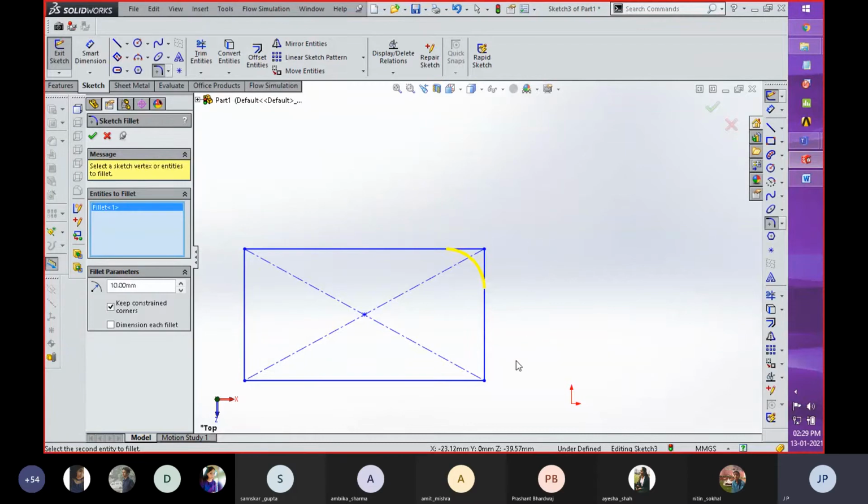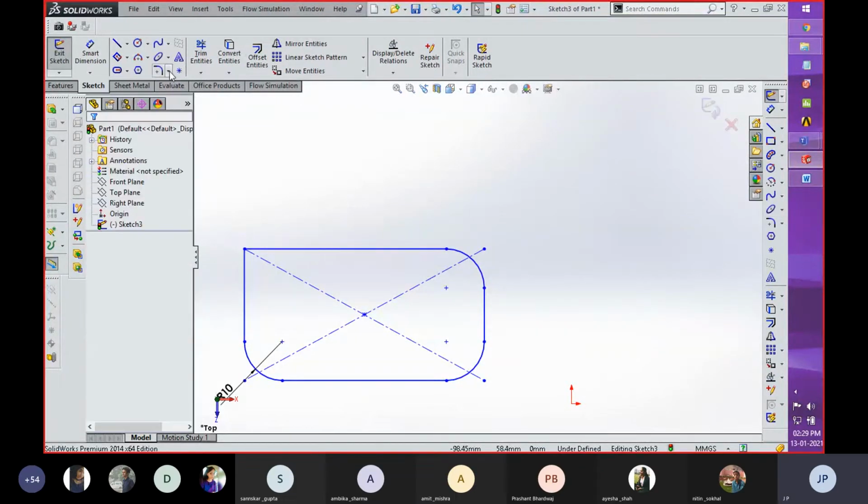If you are going to create a fillet on two sides, you can directly select these vertices. In such a manner you can make all four corners round with a single click. You can see that all these corners are filleted right now.